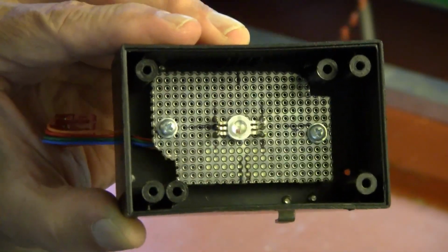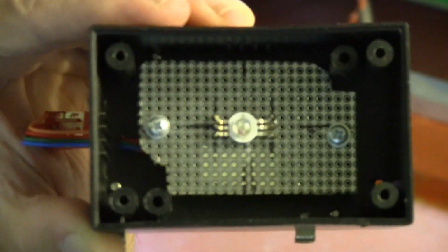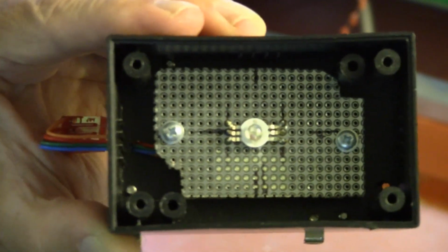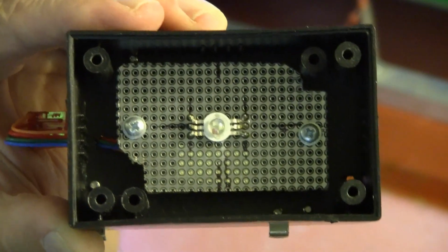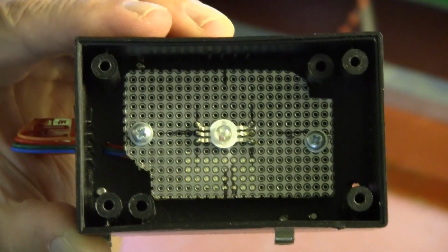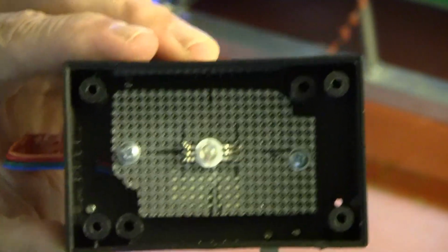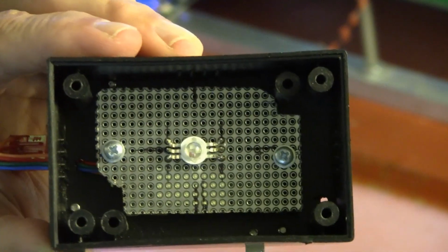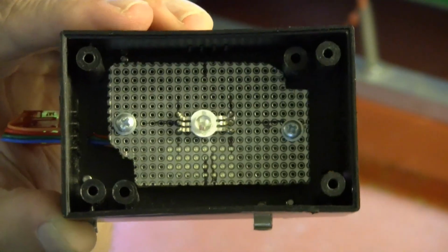I bought it surplus online. I think I bought this on eBay. So it's a "this is what you get" kind of LED. It works very well. The ad said it was for a track light, so it's one of those that you can set to any color of your choice. It's got 6 pins. The 3 LEDs are independent, with the exception that the anode of the red LED is common to the heatsink